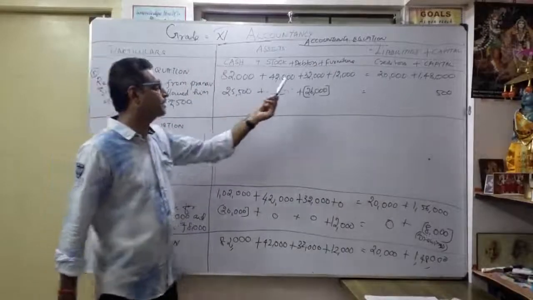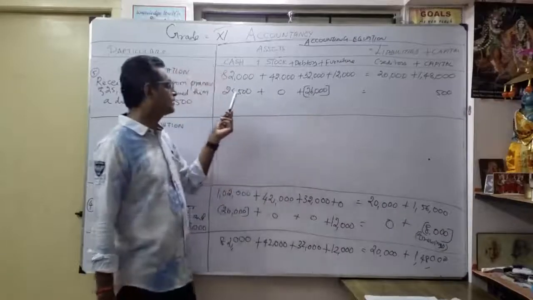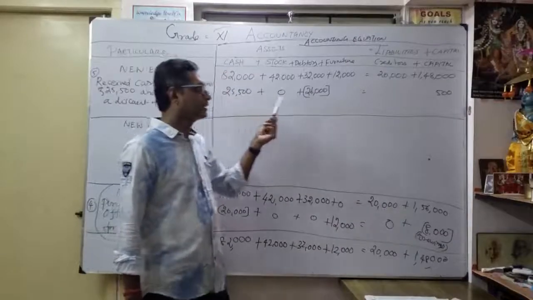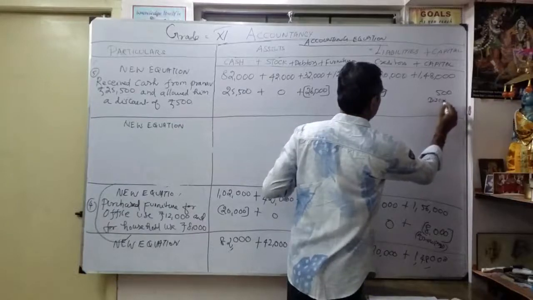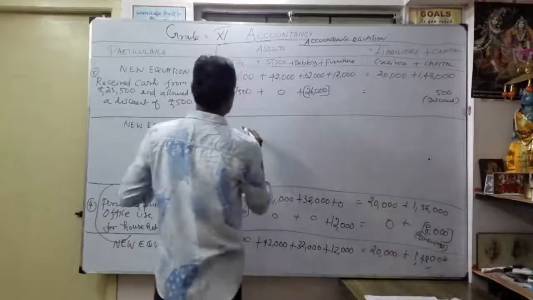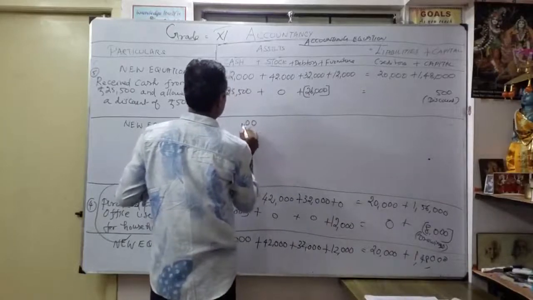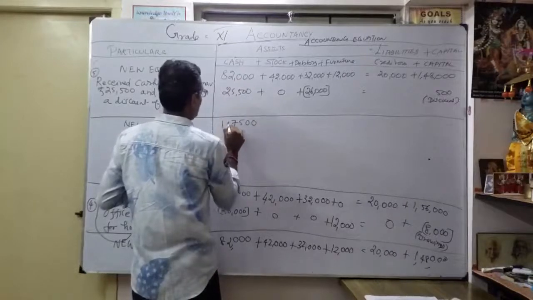Now this equation is equal. So now my debtors 32,000 become 26,000. So as 26,000, we got cash only 25,500, remaining 500 is a discount. I showed it as capital. Now understood? Okay. Now what is the new equation? So my new equation becomes 0, 0, 5, 5 plus 2, 7, then 8 plus 2, 10.